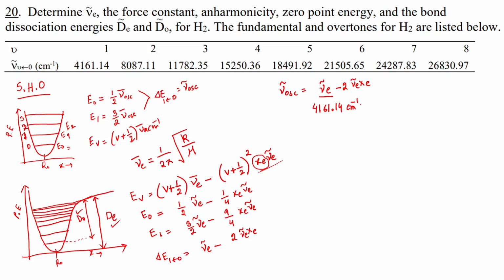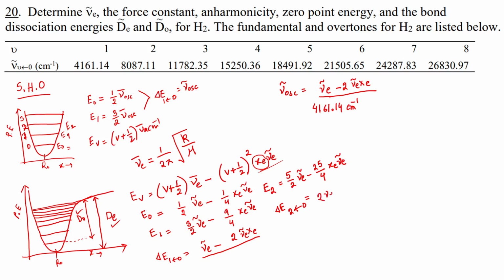Sir, we have to take the whole formula, otherwise we cannot find out the anharmonicity constant. Yes, I got your point. So this is your fundamental, and this is what is given. Then what is your 0 to 2? Let us write E2 here. E2 is 5 by 2 nu e minus 25 by 4 nu e Xe. So your delta E for 0 to 2, your first overtone, is